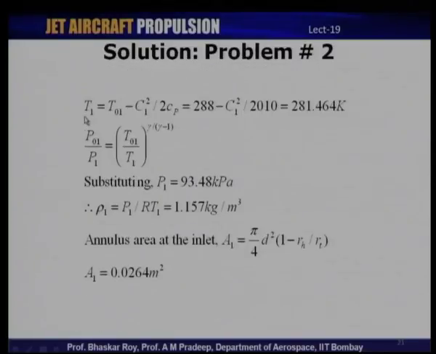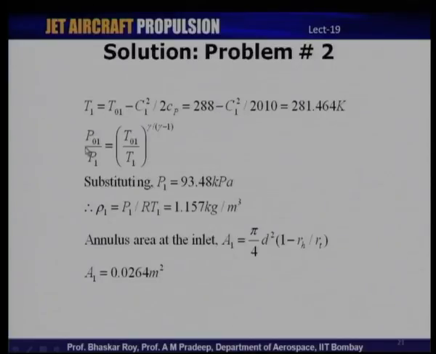So, having calculated that, we can now calculate T1 at the inlet, that is static temperature at the inlet, because we need to calculate density, because that will be required for calculating the mass flow rate. So, T1 is equal to T01 minus C1 square by 2 Cp, and if we substitute for these values here, we get T1 as